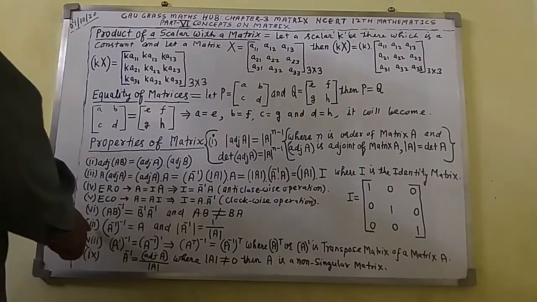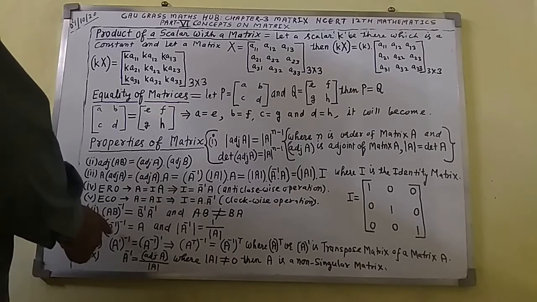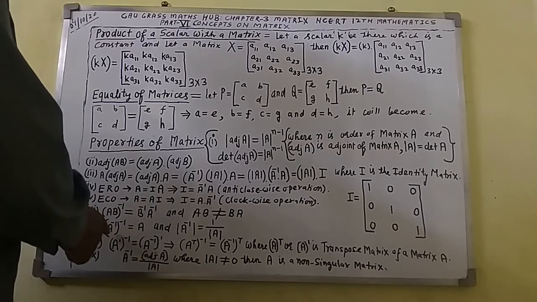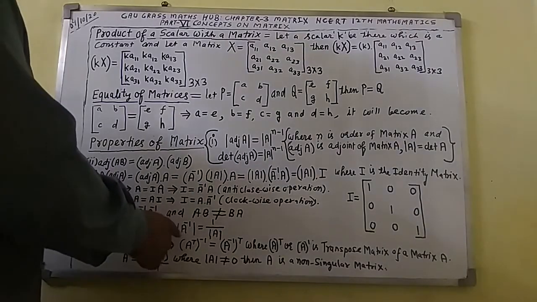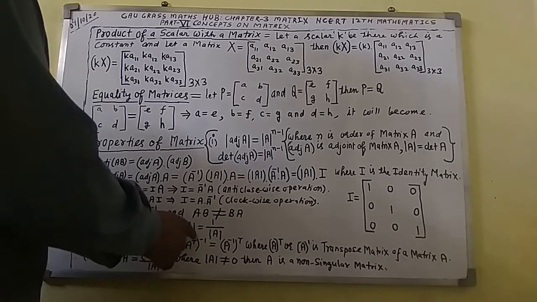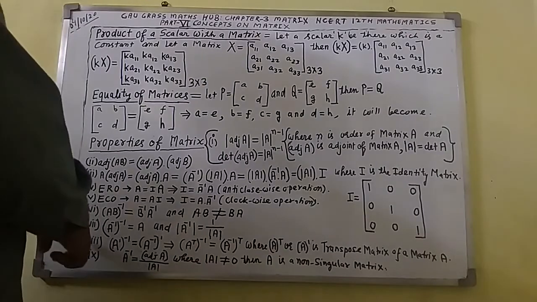Next formula is (A inverse) raised to power inverse equal to A. Here you can see mathematically, minus 1 is in power and here minus 1 is also in power. Minus 1 both will multiply together, you will get here only A. That's why the whole inverse of A inverse comes out to A. And this one, det of A inverse equal to 1 over det A. It will become.